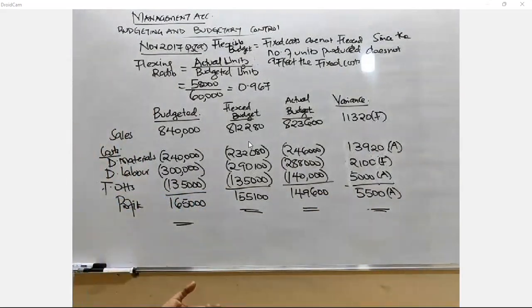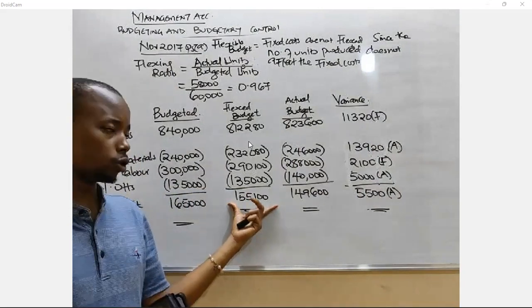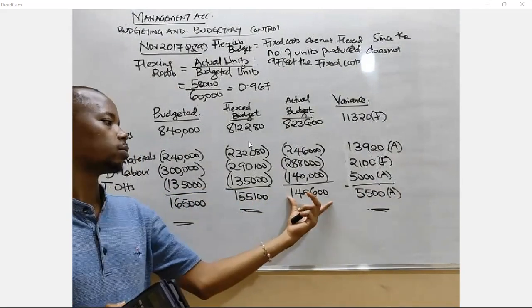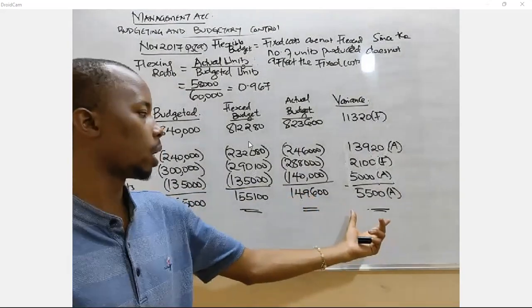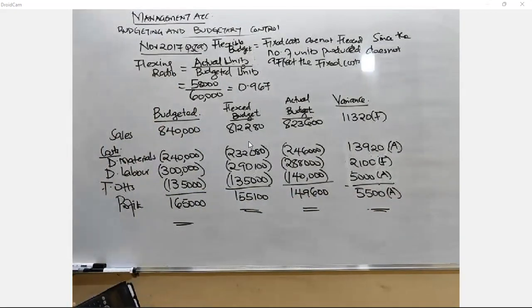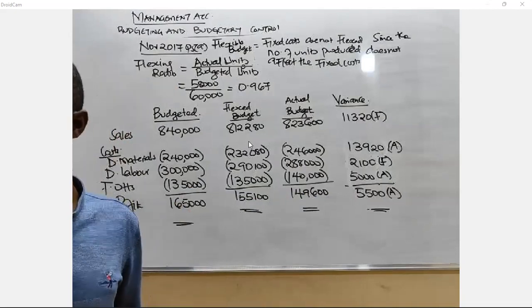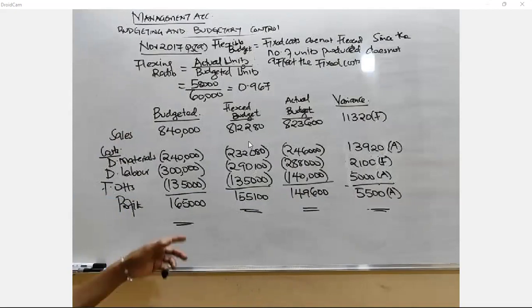In terms of the interpretation of the profit, you budgeted to get 155,100 in terms of profit. That was what was budgeted, but the actual has been less than what we budgeted. We are not happy. Our answer is adverse. That is how we normally do the flexible budget questions. But that is not the end. There is a different setup of the question which I will prepare, and we do it maybe tomorrow or any other time.